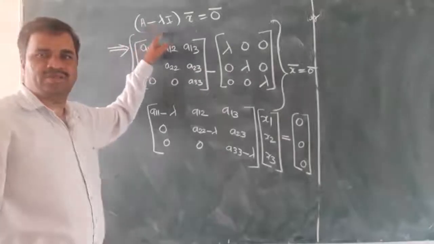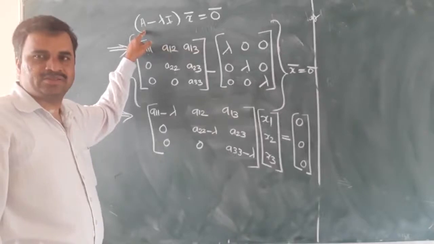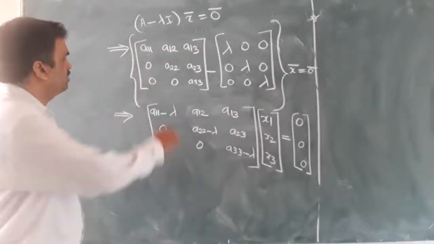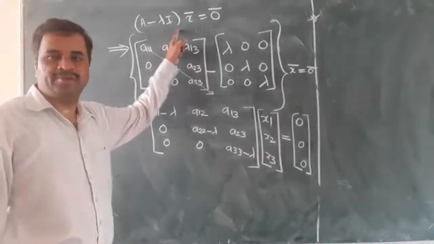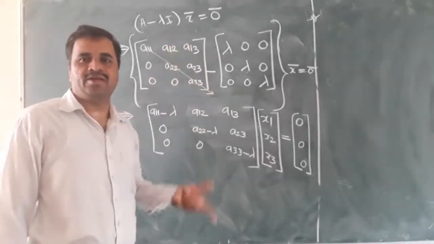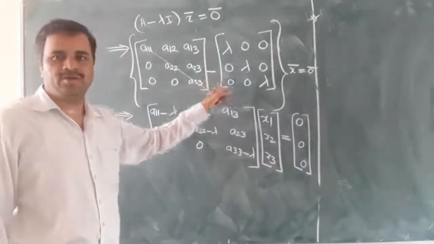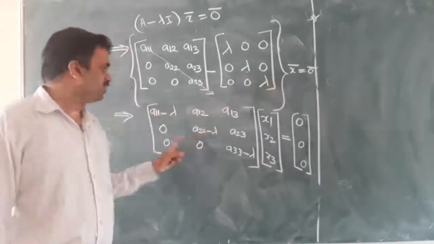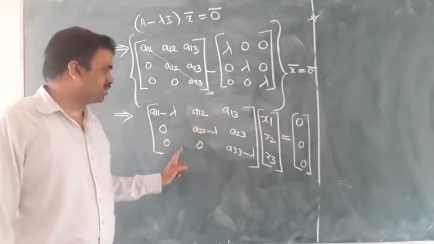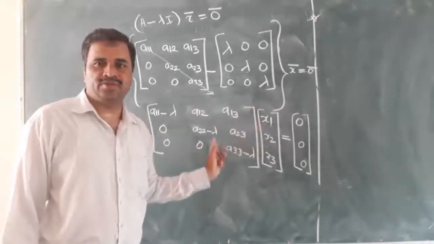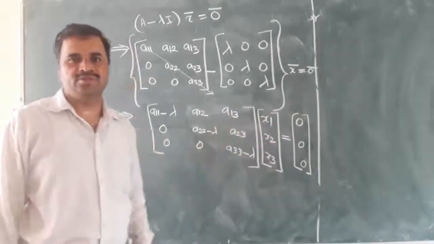So we consider A minus lambda I equal to 0 bar. A means the triangular matrix, minus lambda times the identity matrix. Identity of 3 by 3 is 1 0 0, 0 1 0, 0 0 1. I multiply with lambda, of x bar equal to 0 bar. I did subtraction of two matrices, subtracting corresponding entries. X bar has 3 rows, so obviously 3 variables: x1, x2, x3 equal to 0, 0, 0.